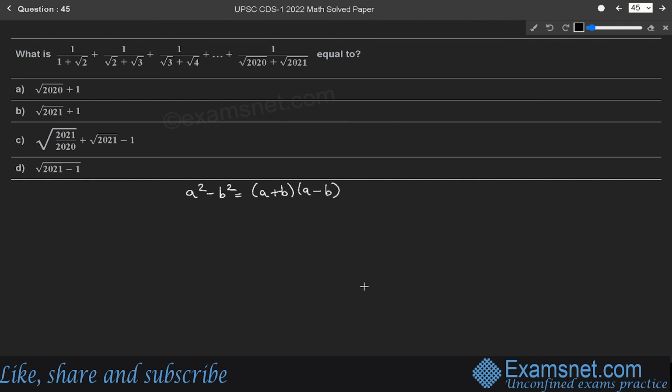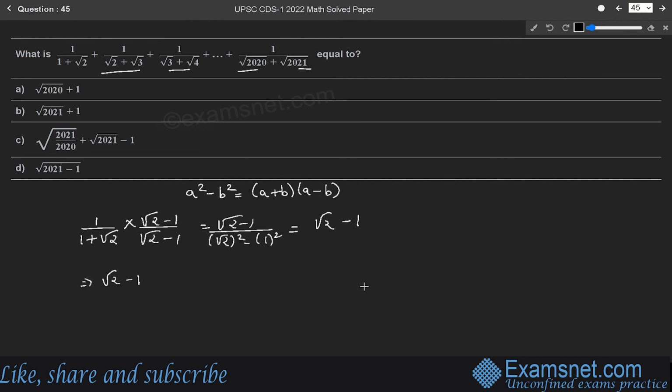Now as you can see, only the numbers are increasing in these terms. So considering the first term only, the first term is 1 upon 1 plus root 2. Now rationalizing it, it will be equal to (root 2 minus 1) upon (root 2 minus 1), which gives (root 2 minus 1) upon (root 2 square minus 1 square), which will be equal to root 2 minus 1. Now doing similar operations for all the remaining terms, we will get